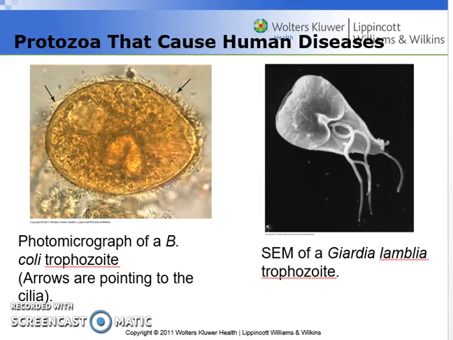And here are some images that can kind of just show you what some of these guys look like. They're very interesting to look at underneath the microscope, but they can be very dangerous when infected with them. Here's a picture of B. coli that I was telling you about. This is the trophozoite. Remember, the protozoans have 2 stages, basically, the trophozoite, and then they have the cyst stage. So both these images are that of trophozoites.